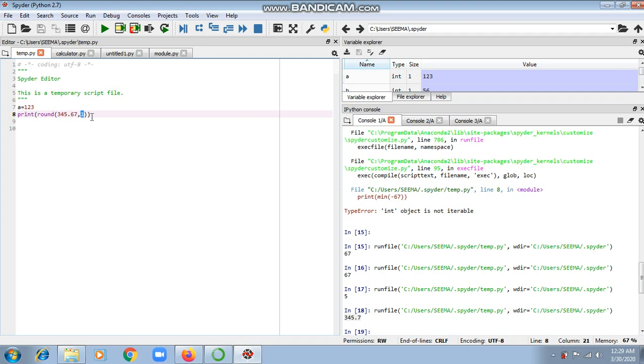Then we have the range function. The range function is used to define a series of numbers and is particularly useful in a for loop. And we have used the range function in 11th standard with the for loop. And you are well aware of this function. So for today, the session is over. Tomorrow or in the next session, we will start with user-defined functions.